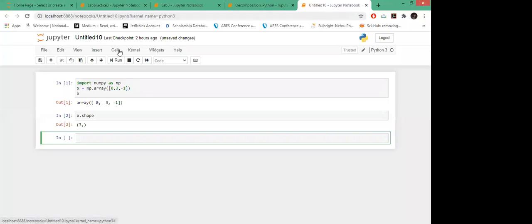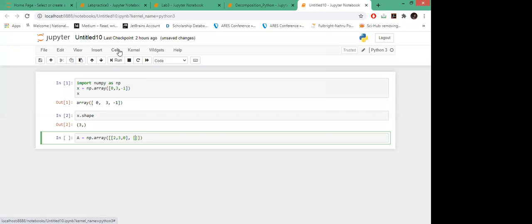But when we have to define a two-dimensional array, let me define one. Same, we call the array function. In one dimension we have entries as single scalars, but now we will use one-dimensional arrays as single elements for the two dimensions. I'll start the square bracket, and define my first element, which is say 2, 3, 0. This will be treated as the first row of the matrix.